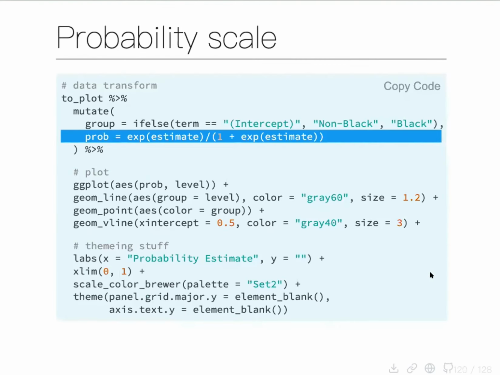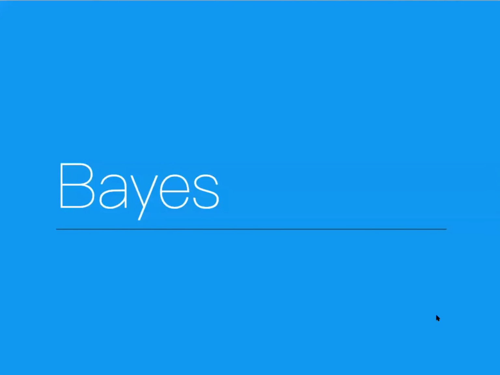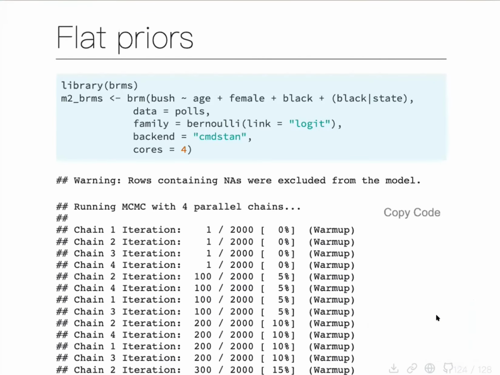So this is on the log odds scale. If we wanted to put it on the probability scale, we could just do this, and then we get it like this. So this is the exact same thing, but now notice we're on probability scale 0 to 1. Okay, so that's it. For Bayes, you can refit it like this, and notice everything is going to be the exact same. You still use just BRM, okay? And then for the family, you will have to say Bernoulli instead of binomial,